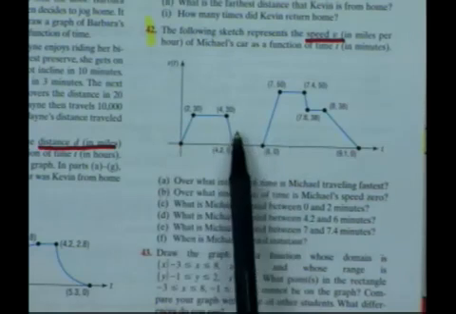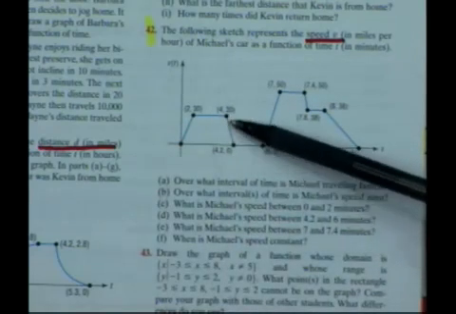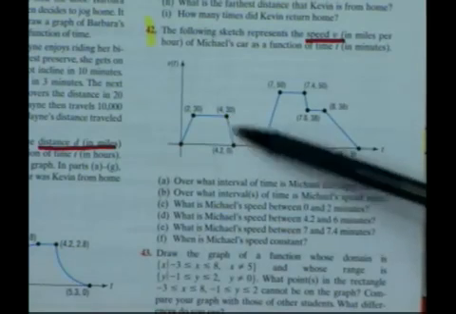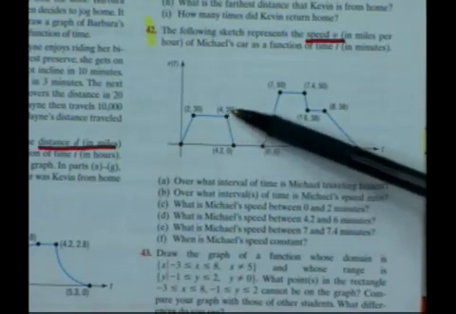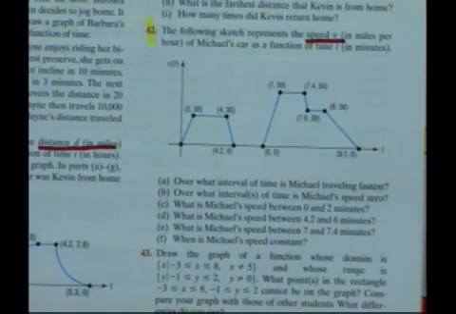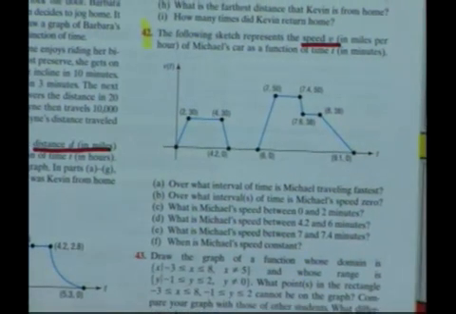So from 0 to 2, he's increasing his speed. What happened between 4 and 4.2? That was a decreasing speed, wasn't it? Decreasing speed. Okay. Everybody good? That's number 42. What else did I want to hit? I think that's it. Let's turn through the pages and make sure we've got all of section 2.3 covered